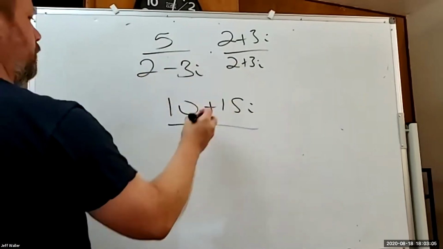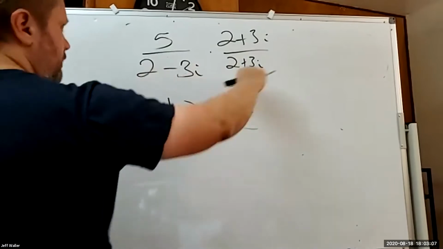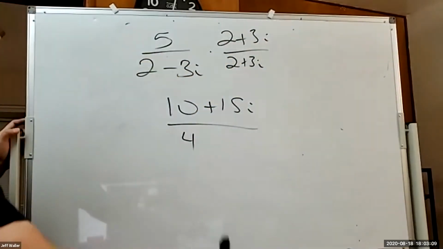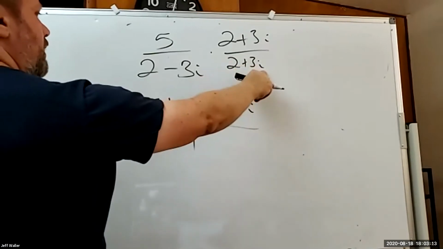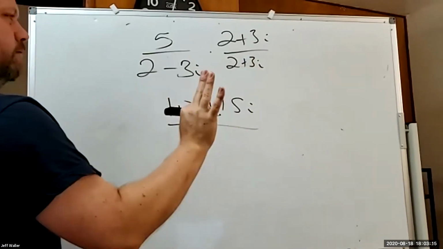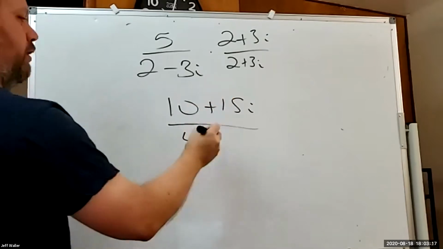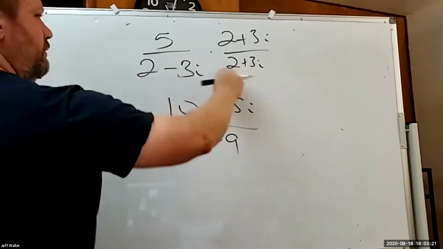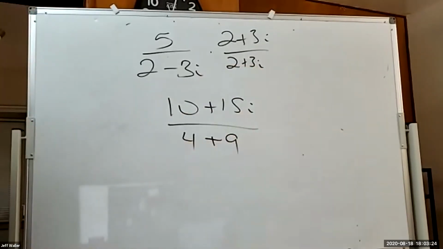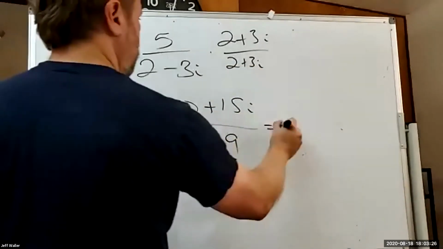2 times 2 is 4. Then you get the 6i minus 6i cancels. Negative 3 times 3 is negative 9. I times I is negative 1. Are you guys with me? Yes. So then you end up with plus 9, right? Minus 9 times negative 1 is positive 9. So then you get,